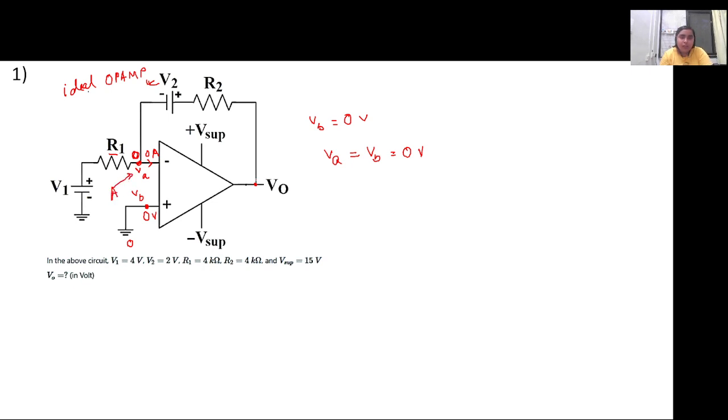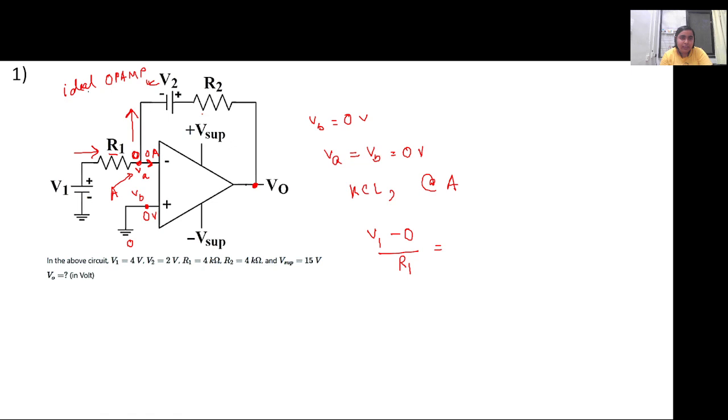Now, in order to solve V0, where V0 is the node voltage here, we can apply KCL at A. Because no current is flowing into the op-amp, all the current flowing here will flow in this particular branch. So it will be V1 minus the node voltage at A, which is equal to 0, divided by the resistance R1, will be equal to